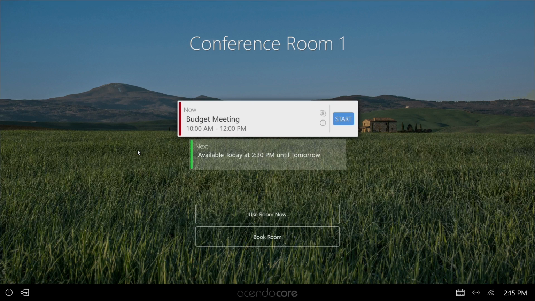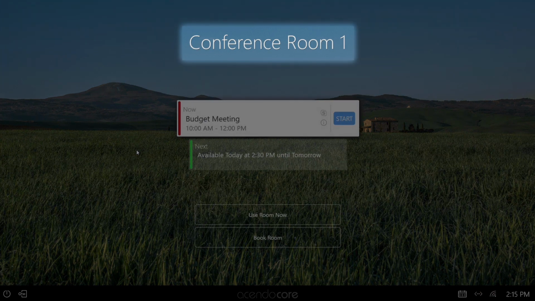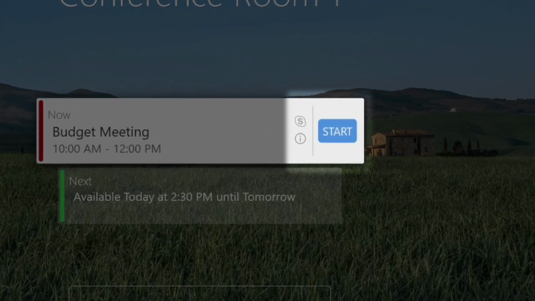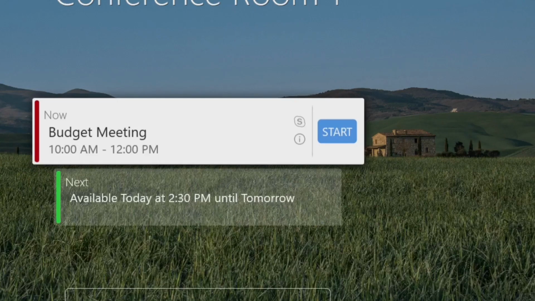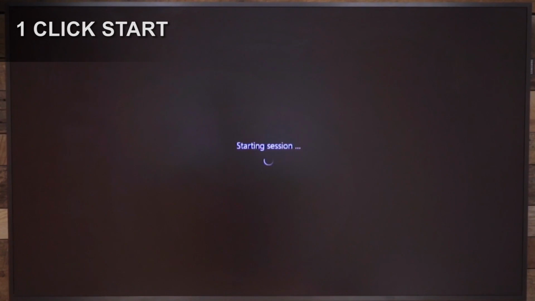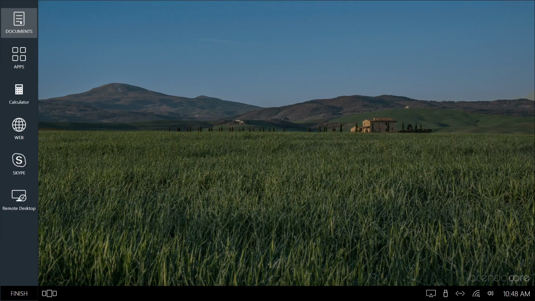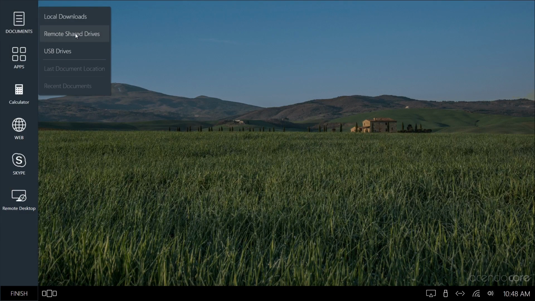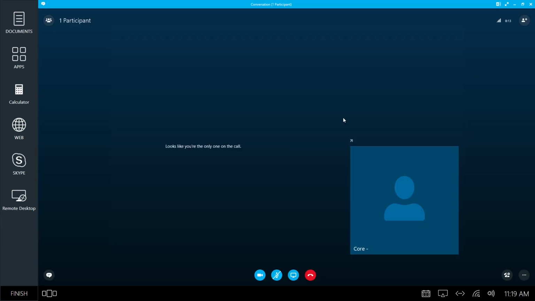If, on the other hand, they go into a meeting room that is already reserved, as this one is, they get confirmation that they are in the right location. Here they can see in this case, it has been booked as a Skype for Business meeting. After selecting Start, Acendo Core is going to do several things. It is going to take them into a collaboration environment where they can share content from a number of different sources. It is also going to take them right into their Skype call, because the meeting was scheduled as a